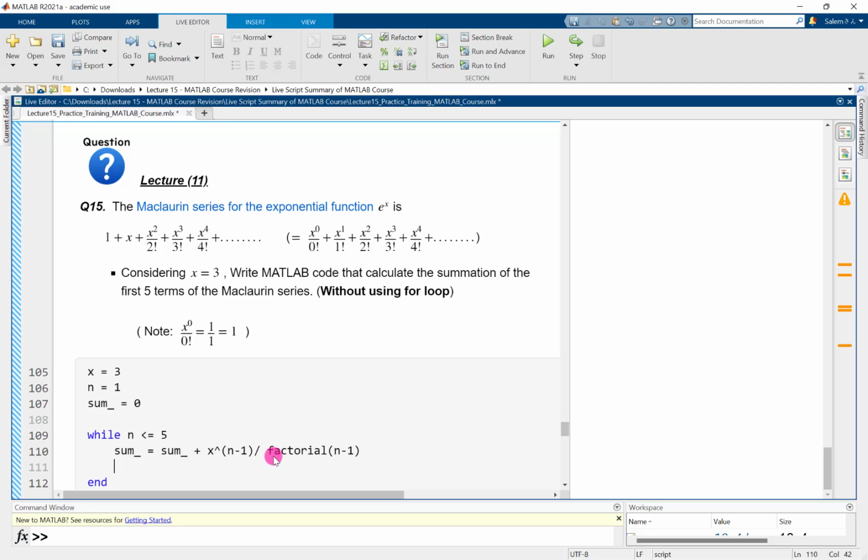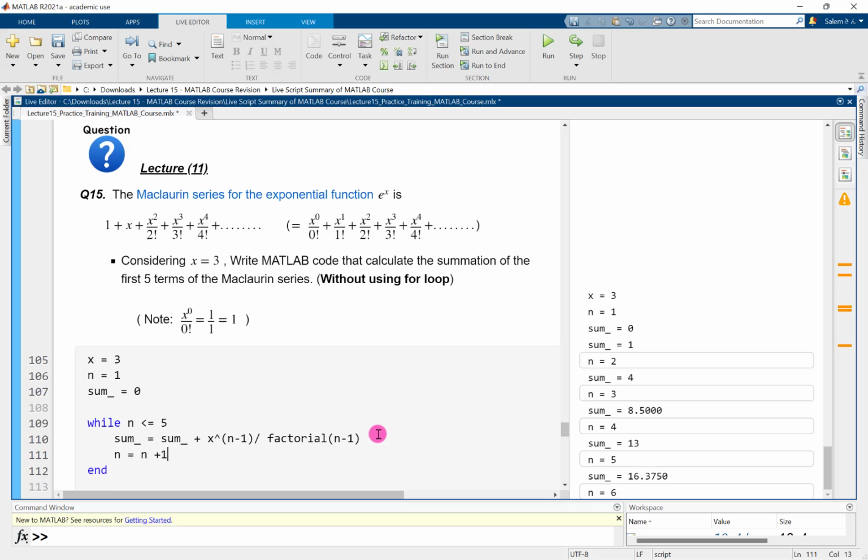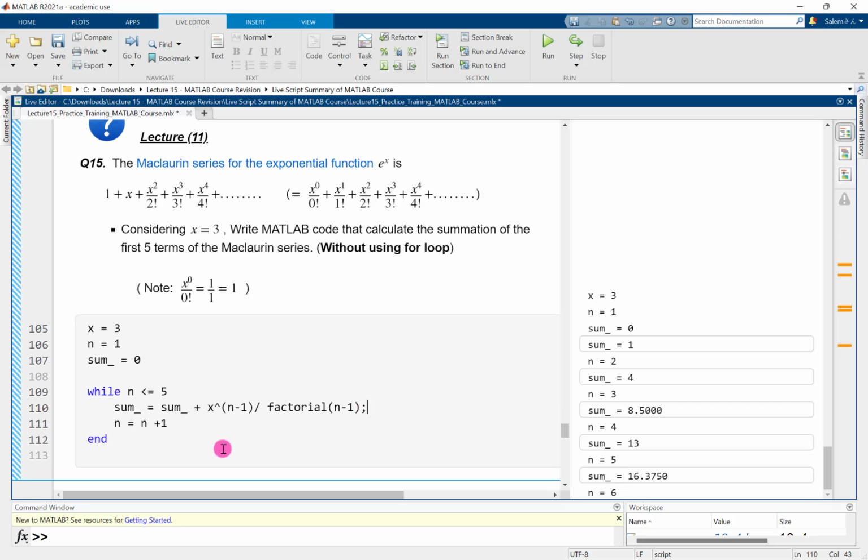This is very great, but we miss one very important step. Now n equals 1. We have to increase n to be 2, 3, 4. So the new n equals the old n plus 1. If I just run it now, I can see how things go from the first step to the last step. So this is the end. Of course, if you need to improve the visualization, just use semicolon, semicolon, and display n afterward or display the sum afterward. Okay,